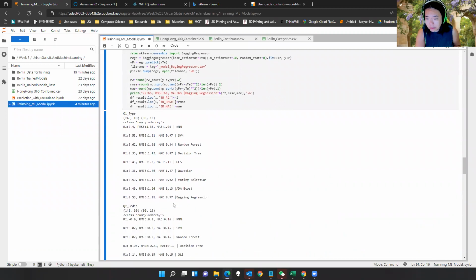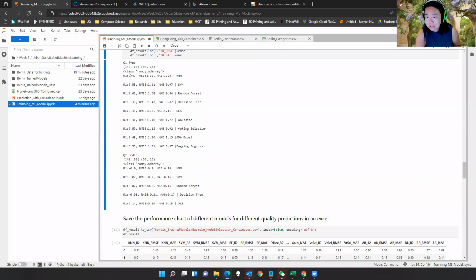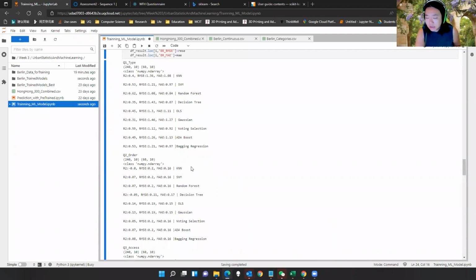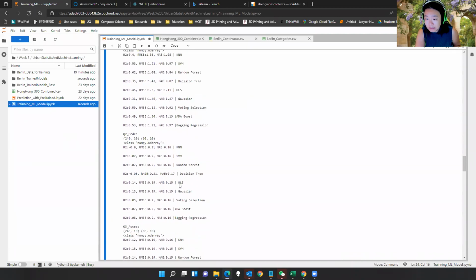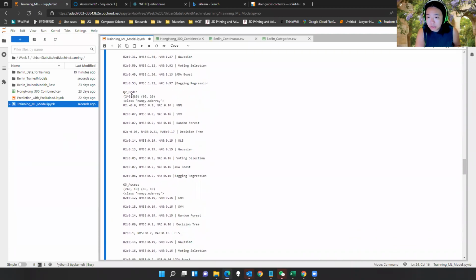Okay, so just wait a second. Now the training has started. As the training progresses, let's read what it says. Let's just ignore the type ones. For Q2, it means the prediction of the order. It represents the R2,